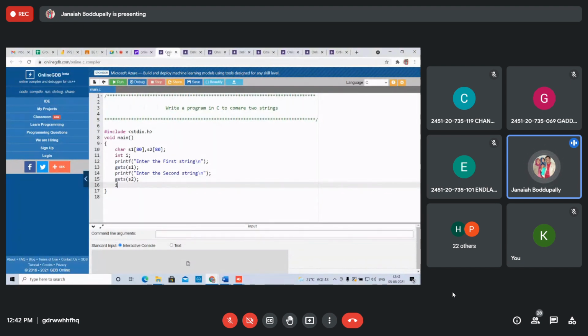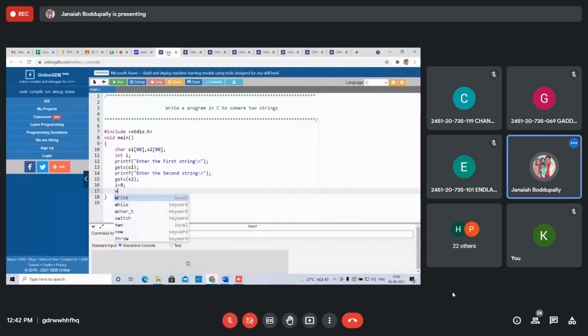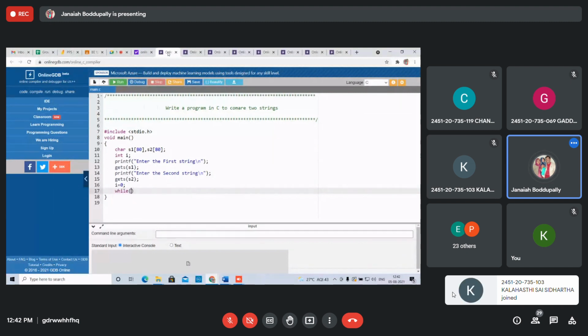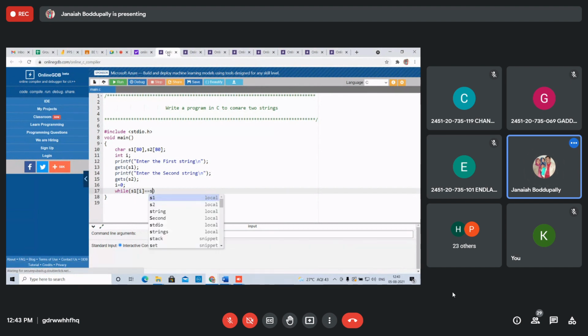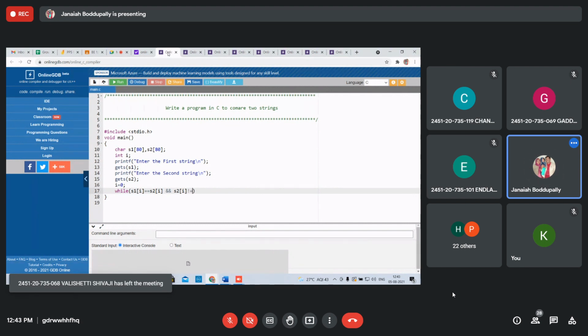Index I equals to 0. Now, string 1 of I equal to string 2 of I. Whenever both are equal, comparison. While s1 of I equals s2 of I, both are equal, and s1 of I should not equal the null character, because it should not be the last character.